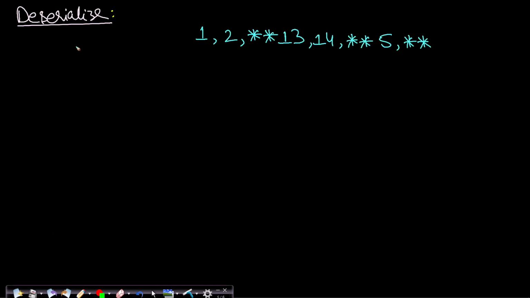Now let's see how to deserialize this string. Once we know that this is my serialized string, I think it will be easy to find the deserialized tree. We have to uniquely construct the tree, and we will get the starting of the node, I mean the starting of this entire data. Whenever we are pointing to any value, we have to extract the entire number. In this case, the number will come out to be 1, and we have to make a node out of it. When we use a loop, we will obviously be breaking at the comma, and we have constructed a node and assigned the value.